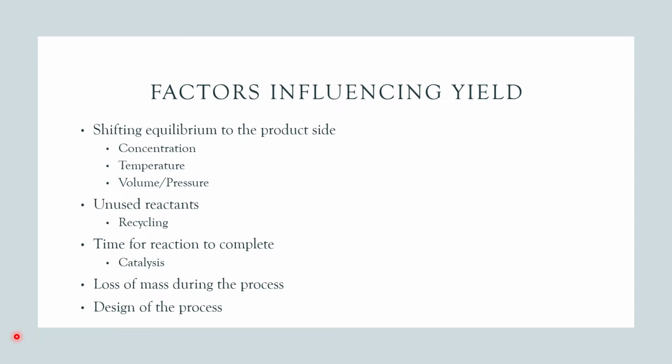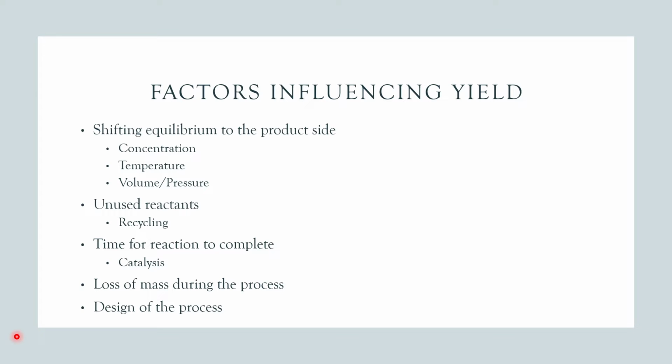Another way of increasing yield could be to ensure that we give the reaction ample time to complete. If we stop the reaction before it's actually done, we may be limiting the amount of product that's made. That can also be enhanced by the use of catalysts. While catalysts won't increase the yield, they will reduce the amount of time that you would need for the reaction